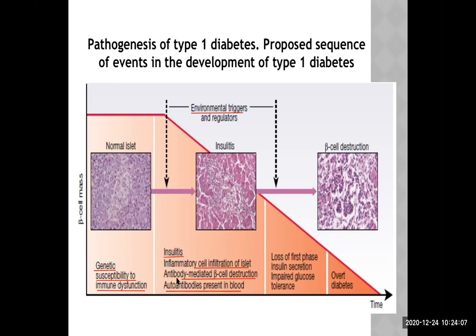When B cells are stimulated, they convert into plasma cells, and then these antibodies are synthesized. Now, ultimately, because of the interaction of all these things, there is severe damage of the beta cells, and they are destroyed. So there will be no release of insulin, and this is the overt diabetes. Overt means with sign and symptom. This is clinical diabetes. So in the beginning, probably there is impaired glucose tolerance, and later on, that condition will convert into frank or overt diabetes.